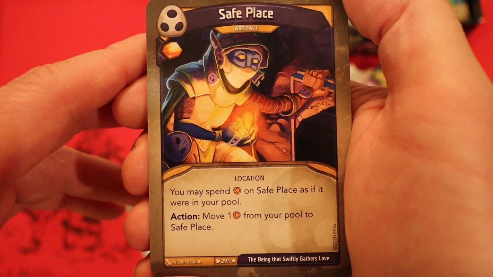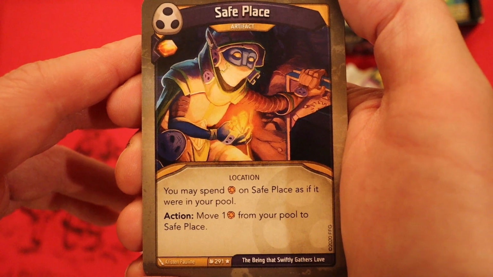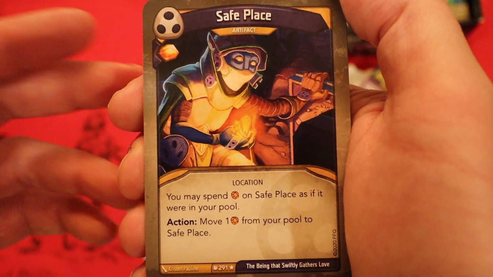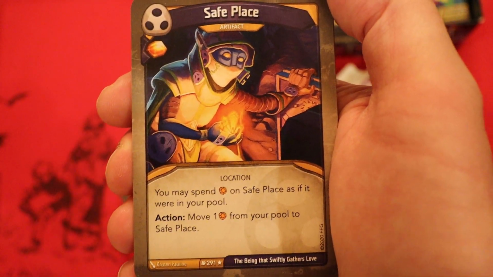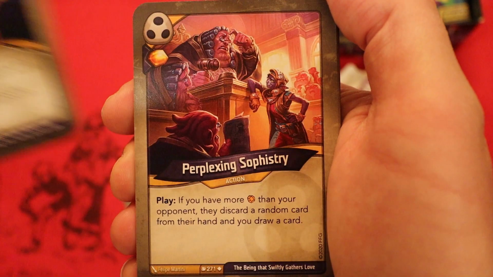Now we're on to Shadows. It's Safe Place. It's an artifact, Amber Navy plate. You may spend Amber on Safe Place as if it were in your pool. Action, move 1 Amber from your pool to Safe Place. Really good card to protect yourself from Amber control. But when it comes to Archon, you gotta watch out. Make sure your opponent doesn't have any artifact control or some way to bounce this back to your hand using